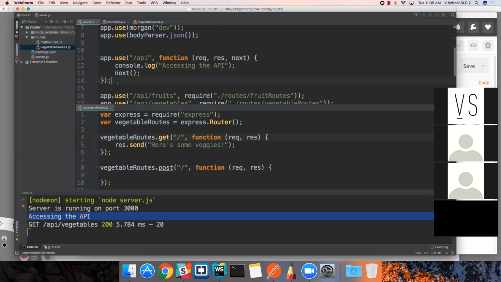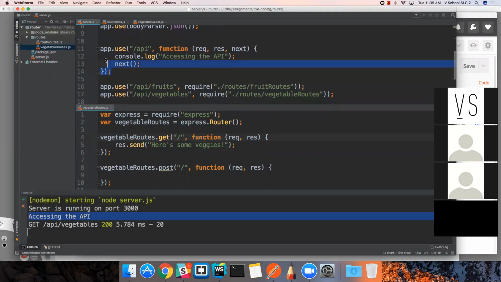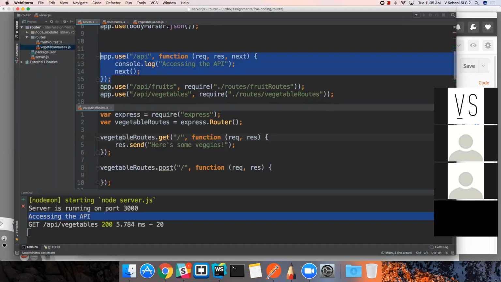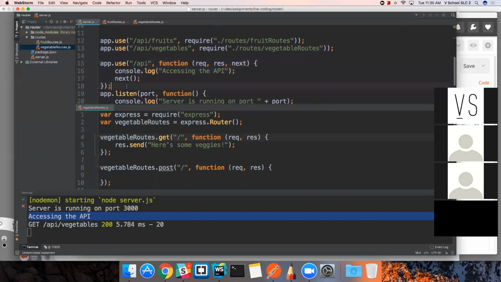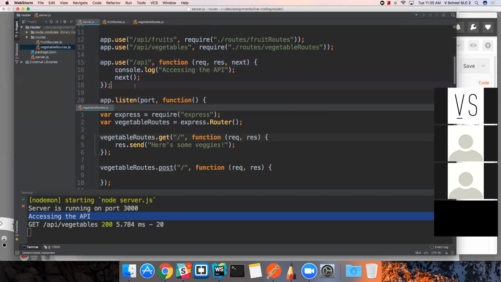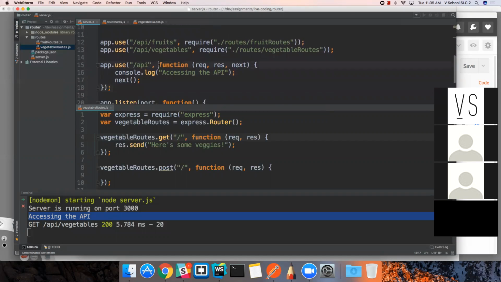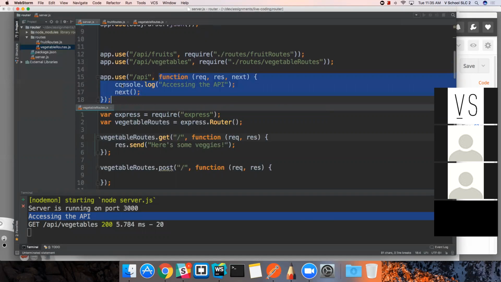Okay, so Michelle, what's going to happen if I put this below? Well, what do we normally do, just put it in another folder file? We could, yeah. But the middleware is supposed to be in its own folder. Yeah, it probably should be. But even if I put it in its own folder and required it right here, but put it below these two,